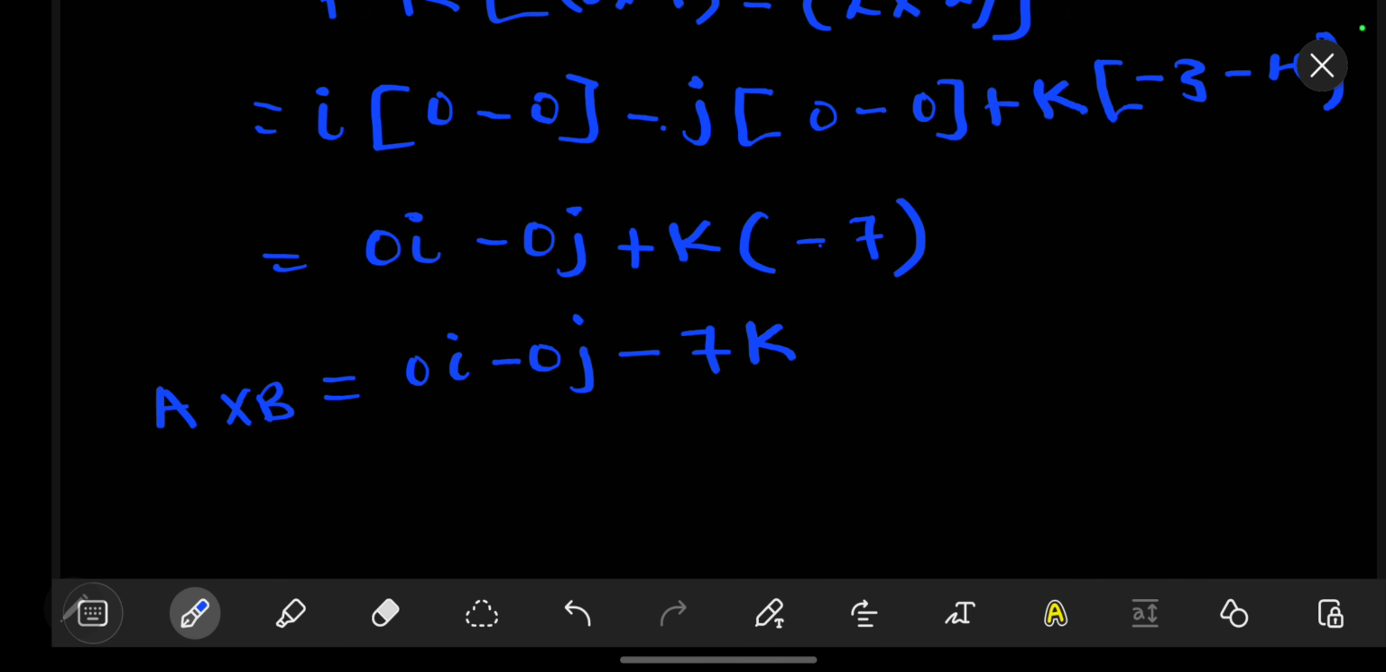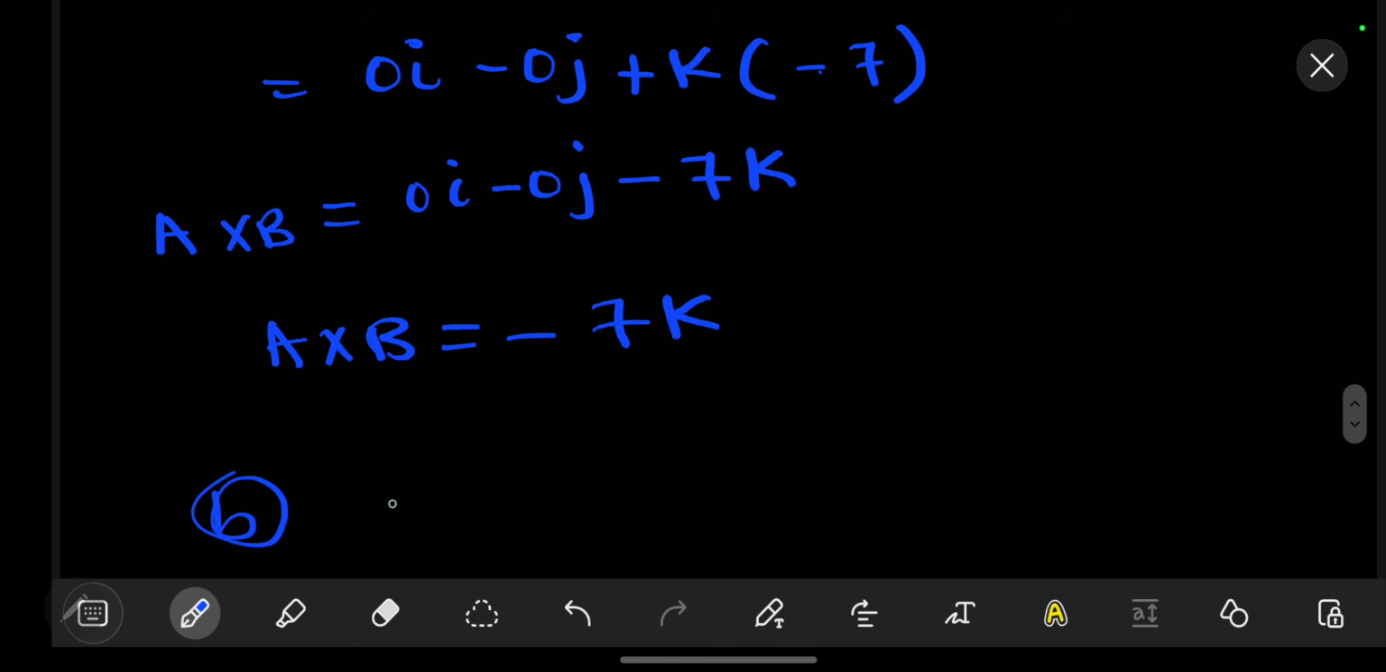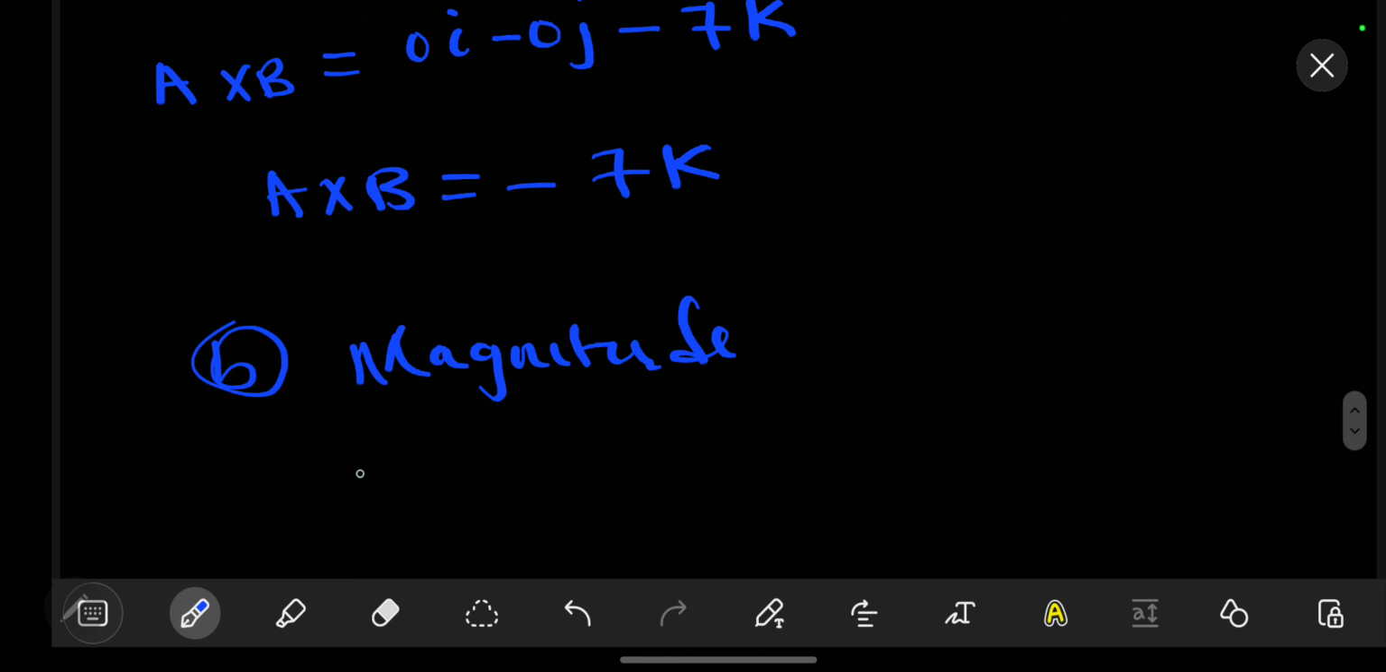So this is the vector that they are looking for, which is perpendicular to both A and B. So the cross product A cross B should be equal to negative 7k. Now let's say for the second part they ask you for the magnitude. So how do you find the magnitude? So the magnitude should be equal to,